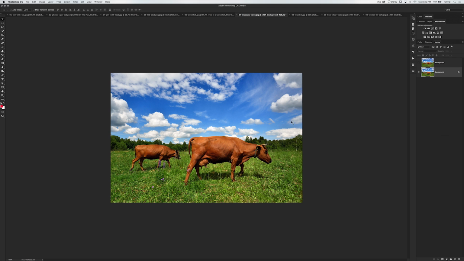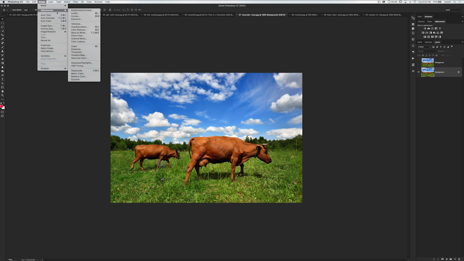I'm going to select the original background, and we can go Image, Adjustments, and you can see we have all these amazing adjustments, and they are super powerful. I love them to death. We've got all kinds of cool things we can do here. Let's just choose a black and white adjustment here,